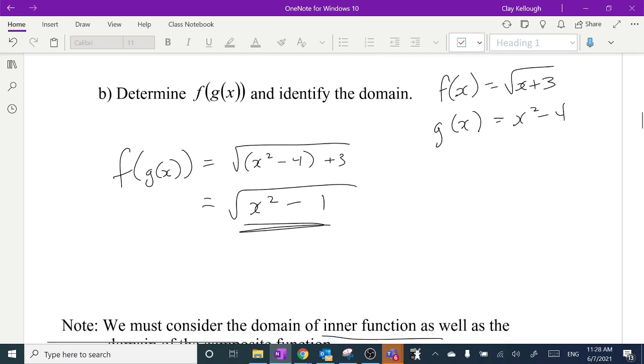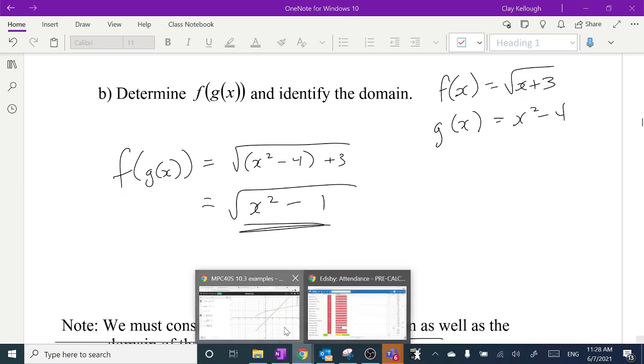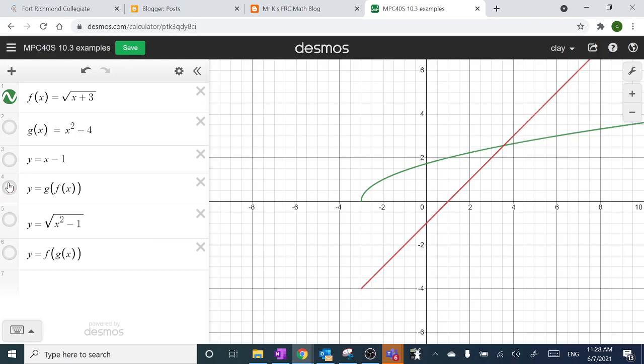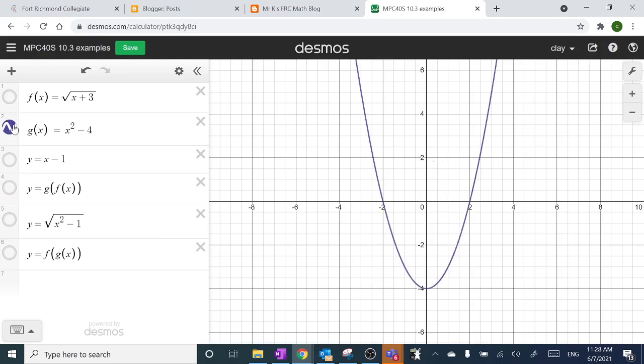And if you remember your grade 11, do you remember what happens to a parabola when you square root it? Well, let's go back to Desmos and see who remembers this. So first I start with my parabola right there. And what happens when you square root it? Now think about this. We've talked about this earlier this year, right? I was going to say grade 11, but we did this in this course. When we square root this thing, remember we create